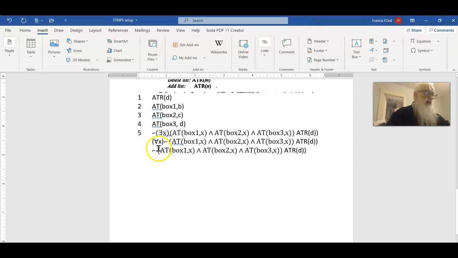What I do is I take the negative into here, I switch this to an and, I put a negative here, I switch this to an and, put a negative here, negative, pardon me,